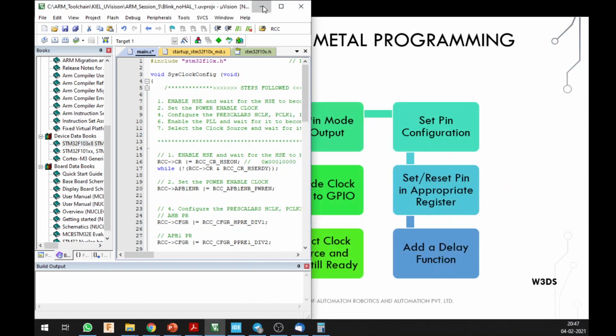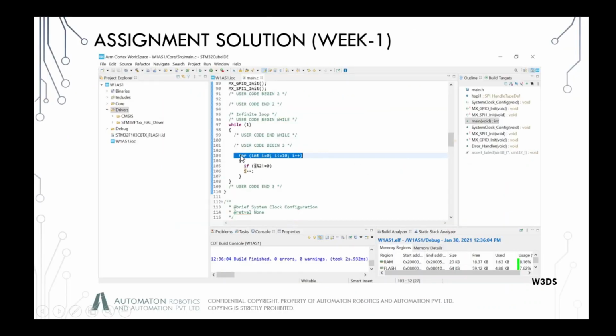So now coming to your assignment. By the way, this is the assignment solution for week 1. Most of you have completed the assignment, so kudos. And those who have not, I think the time is out. But basically this was a really simple thing. You just have to initialize the variable, and since you have to declare the variable, it was not declared, so it was showing an error.